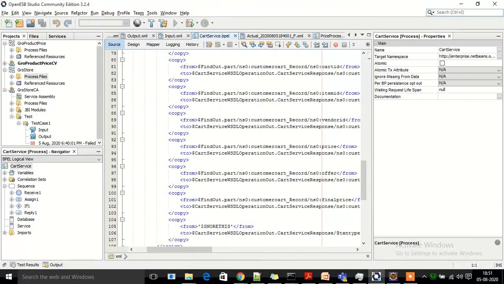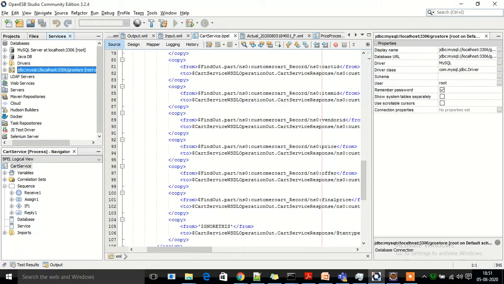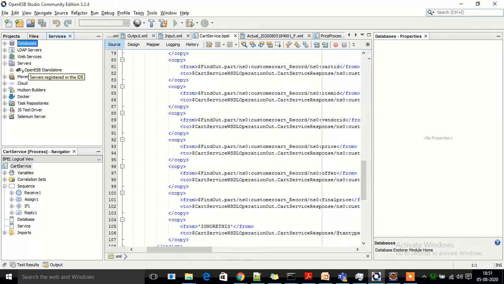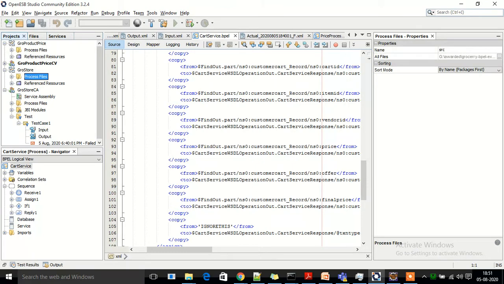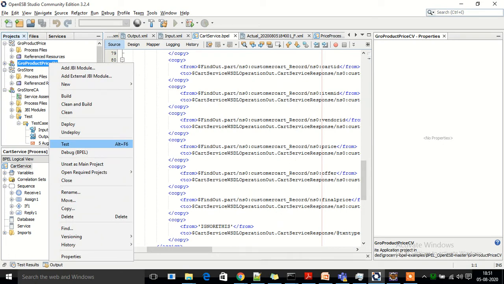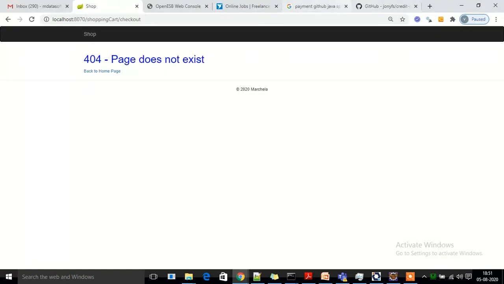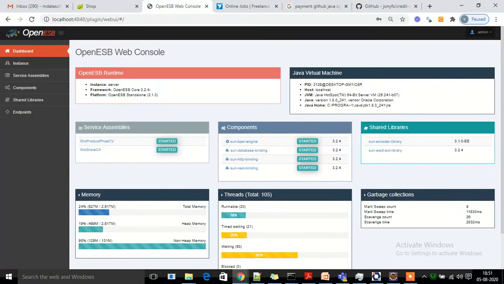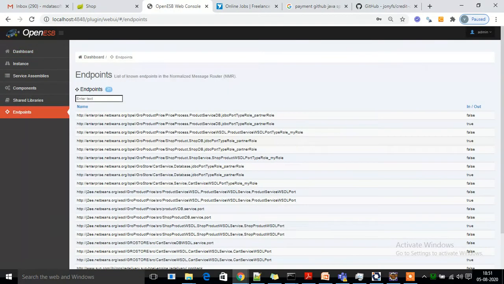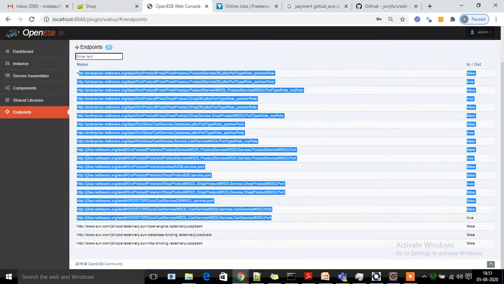Apart from that, we have the server database here which is getting used, so we need to configure the database as well as the server. We have the Glassfish server over here, so we will be using the Glassfish server. Once we deploy these things, we need to deploy each of these projects. We have the deploy method here, so we clean and build and deploy it. Once it is deployed, you will be able to view this in the OpenESP. So all the endpoints will be viewed over here.